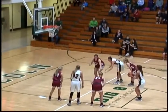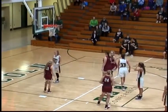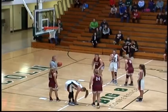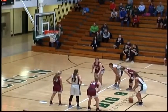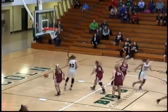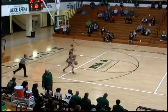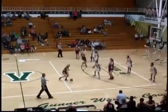Carmine at the line. Free throw up and good. She has got 8 points on the night, 2 of 3 from the line. And another toss coming her way here, the junior. That one up and got them both. Lincoln has bumped it back up to a 54-43 lead with 44 seconds to go, so they've survived the scare